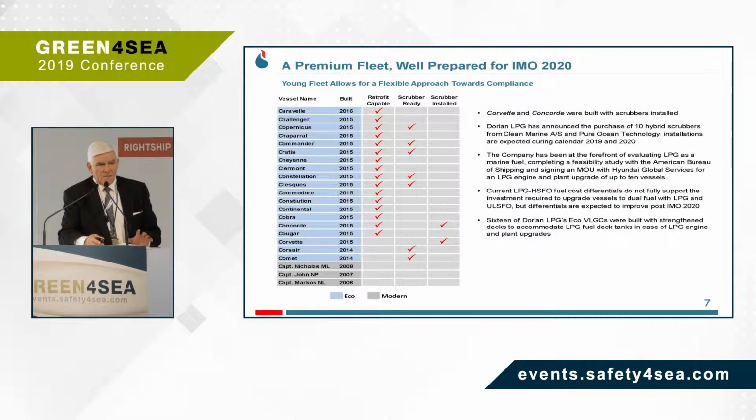The fleet, when it was built, there was some thinking about 2020. And the thinking was we should prepare for that no matter what. We saw it coming. It was something that was going to be happening with the MARPOL Annex 6 being changed. And we decided to make some of our ships capable to take LPG deck tanks, and we installed strengthening